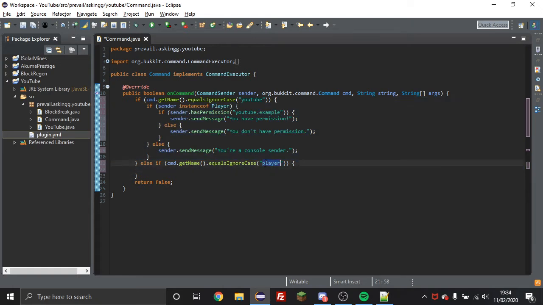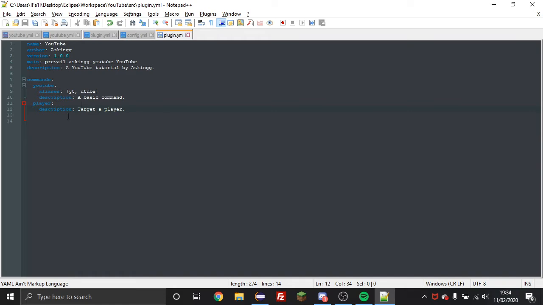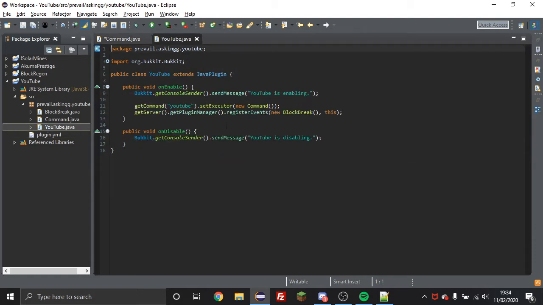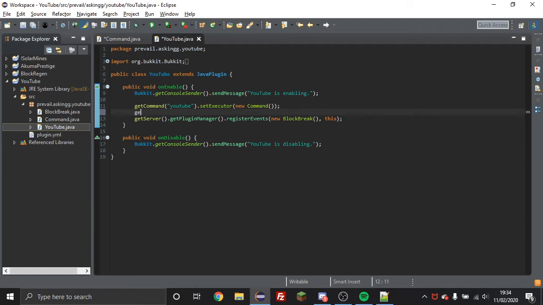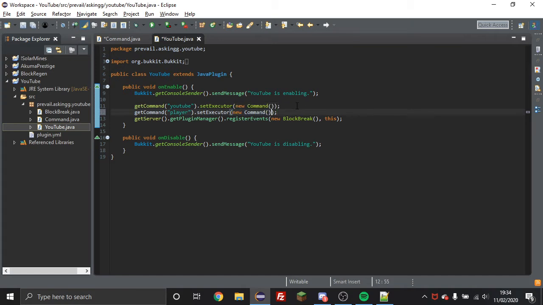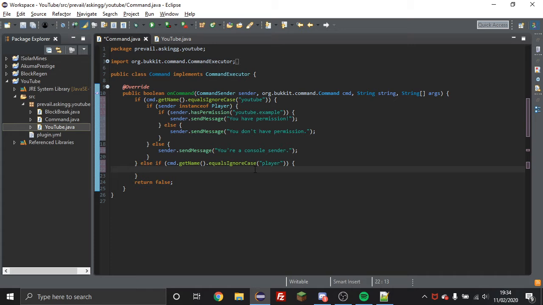But remember, anytime you're doing this, you still have to register your command within your plugin.yml and your main. So you're going to go to your main, and you're pretty much going to recreate this. So getCommand, and then your new command, and then .setExecutor, a new command, just like that. Now within here, the first thing you're going to want to do is check the arguments